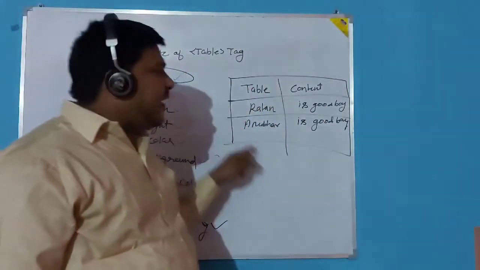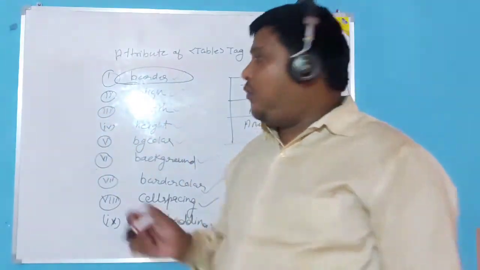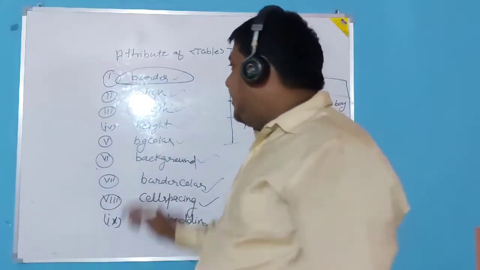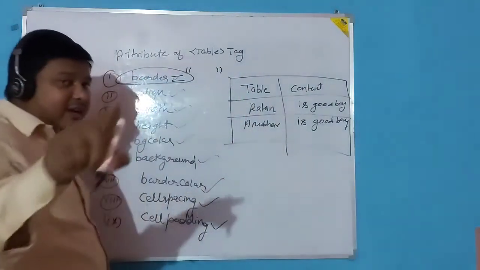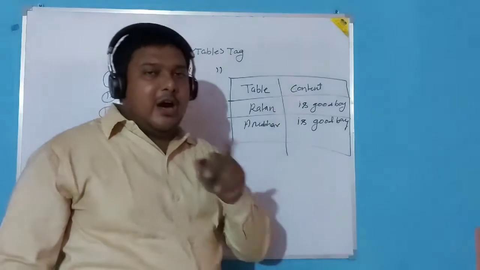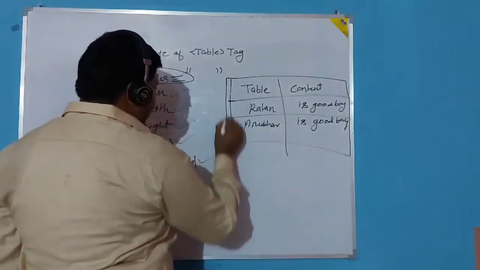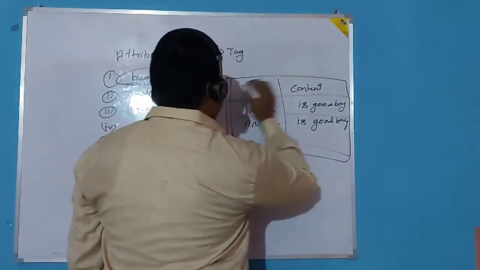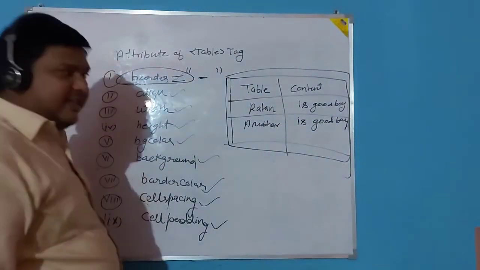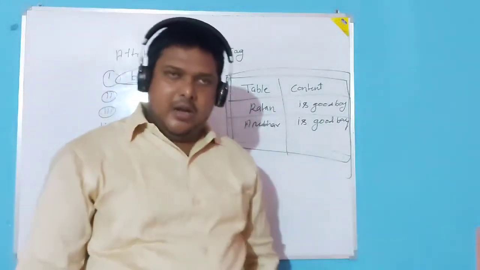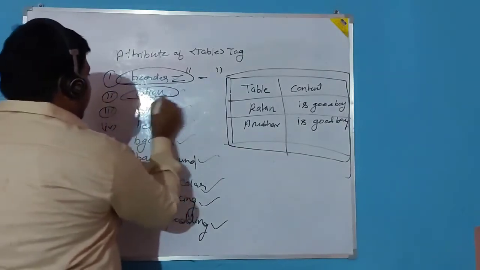So to display the external border and internal border both, we are using the border attribute, border is equal to some numerical value, and that will decide the thickness of the outer border, external border. Okay, how much thicker the border will display. If you want to display more, then the size you have to increase here, then the thickness of the border will increase.